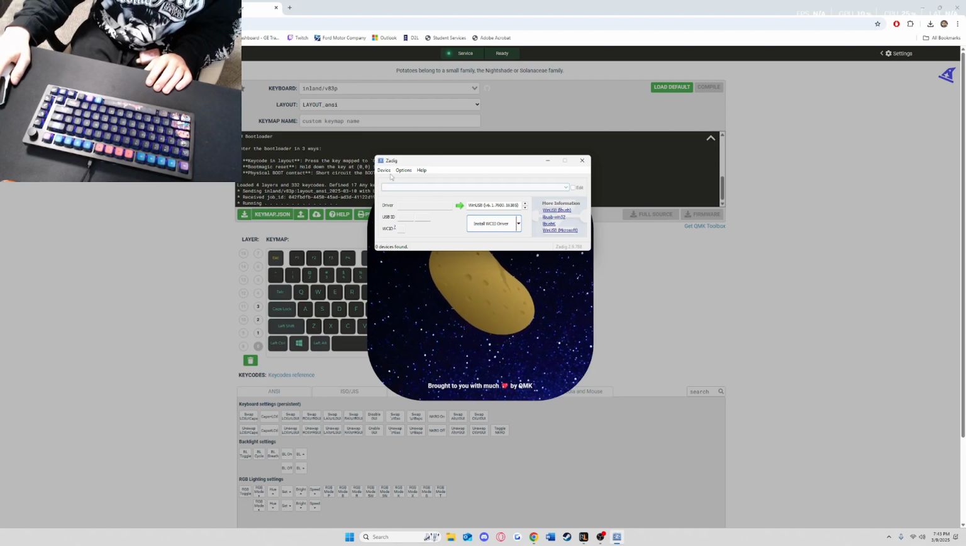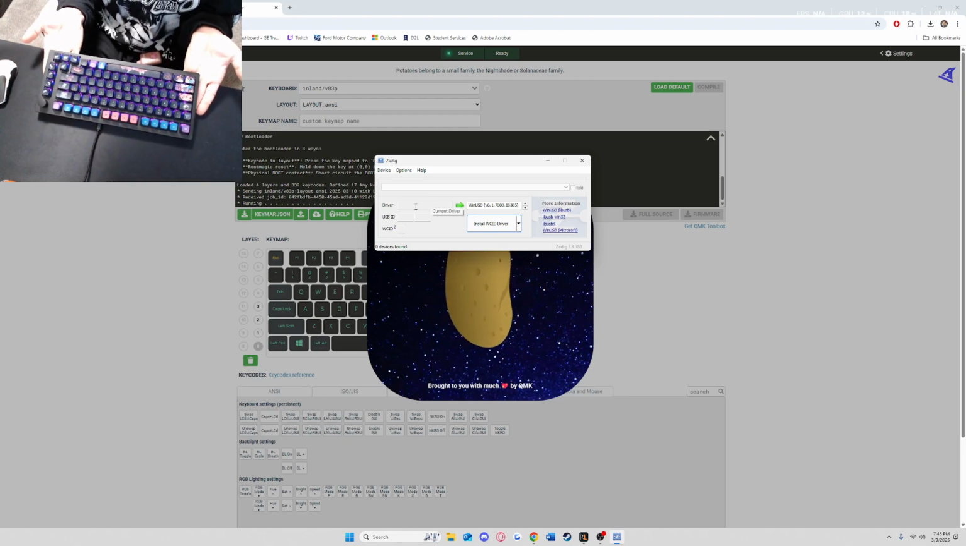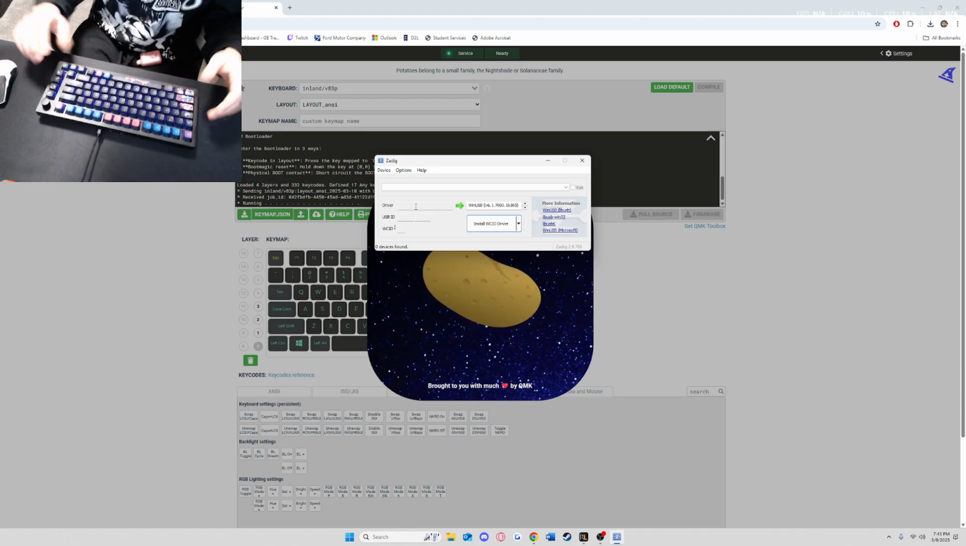There's my mouse, there it is. Yep. And so this is what we're going to use to make sure that our drivers are up to date. You're going to want to open this when your keyboard's in bootloader mode. So mine's obviously not. But to do that,